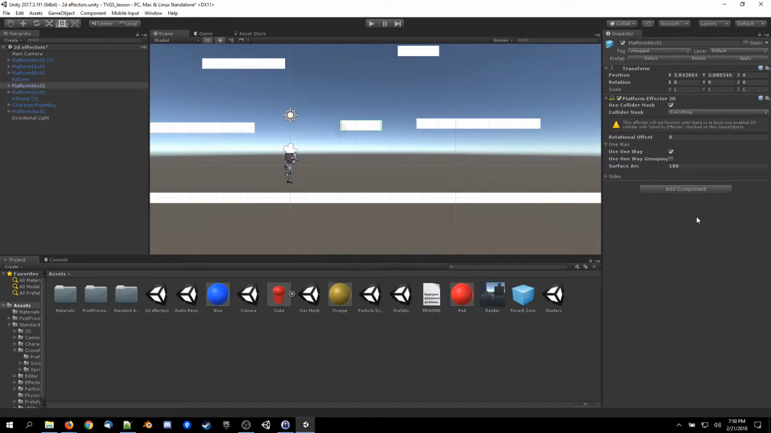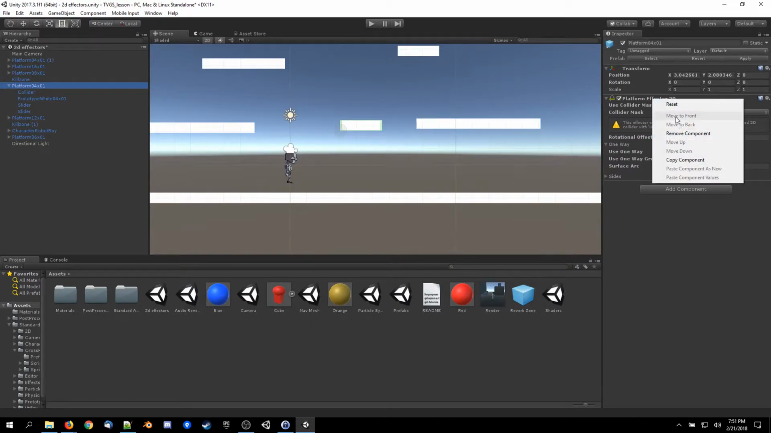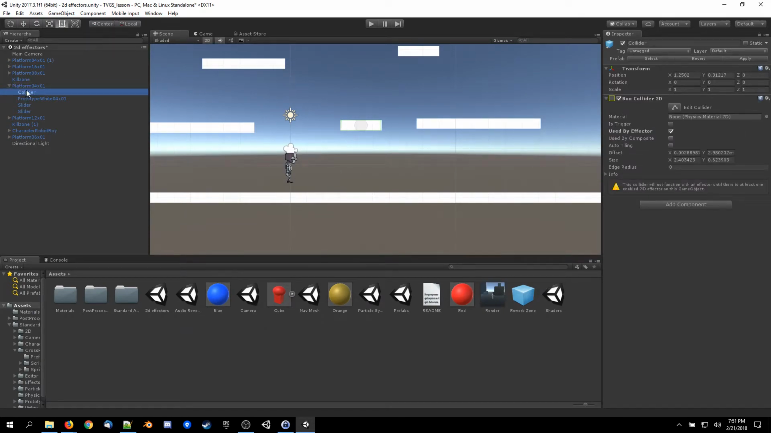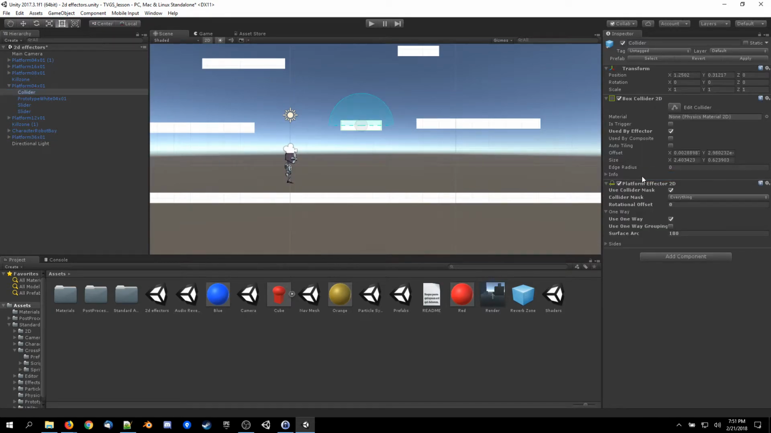This effector will not function until there is at least one 2D enabled collider with used by effector on the game object. Thank you for that. Then we're going to change this collider to say used by effector. Oh, I dropped this on the wrong place. Let's copy that and remove it from here. So what I meant to say is, if you selected this platform, then clicked on its collider right here, then added this platform effector, then you might recall that by doing so,